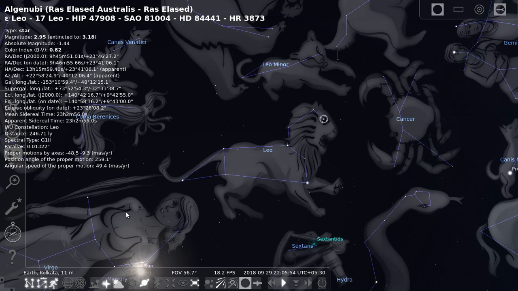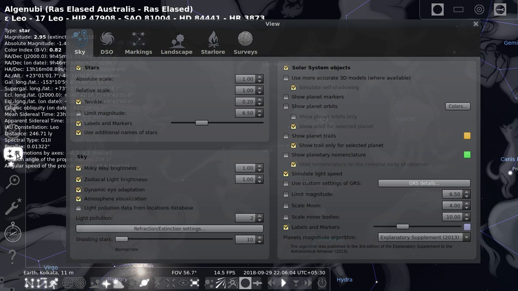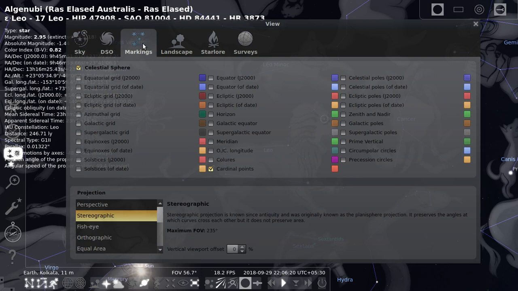For that, click on the Sky and Viewing Options window, that is in the toolbar. You can just move your mouse pointer towards each of them and you can see the name of that tool. So this is the Sky and Viewing Options window tool. Next, from the Markings tab, here you can see 1, 2, 3, 4, 5, 6 tabs. From this, select the Markings tab. Next, the celestial sphere list.